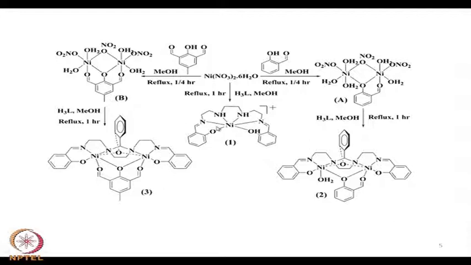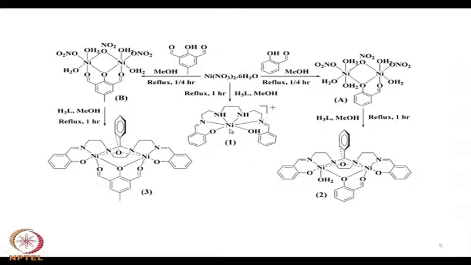So, this particular nickel will also give us some information that this nickel is coming out from the medium where you have the 2 phenol units in different protonation levels, one in the deprotonated form, another in the protonated form. So, what basically we see is that if you have nickel nitrate, and you use this particular type of ligand, which we can call a fragile ligand, because it is getting hydrolyzed, it is not so stable, that means your backbone is not retained nicely. So, the backbone can go away for any kind of nickel based hydrolytic reaction.